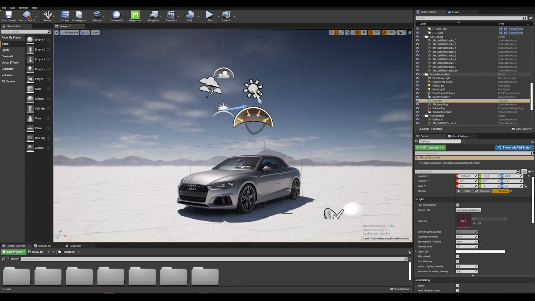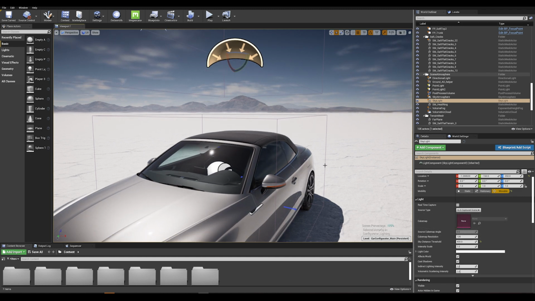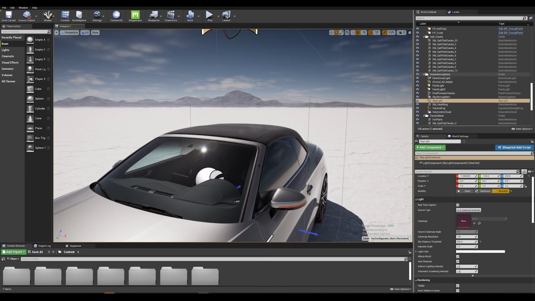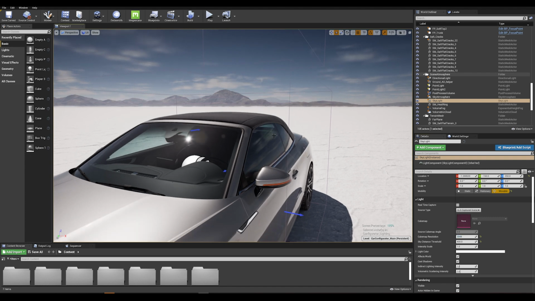So what we did here for the skylight was to actually increase the cube map resolution. So by default, when you drag the skylight in, it is set at a resolution of 128. So if I reset this value by clicking on that little arrow, that's going to bring it back to 128. We can actually see that we are capturing a low res of the sky here. Now, if we drive that up to 2048, we are capturing much more accurate data from the skylight.